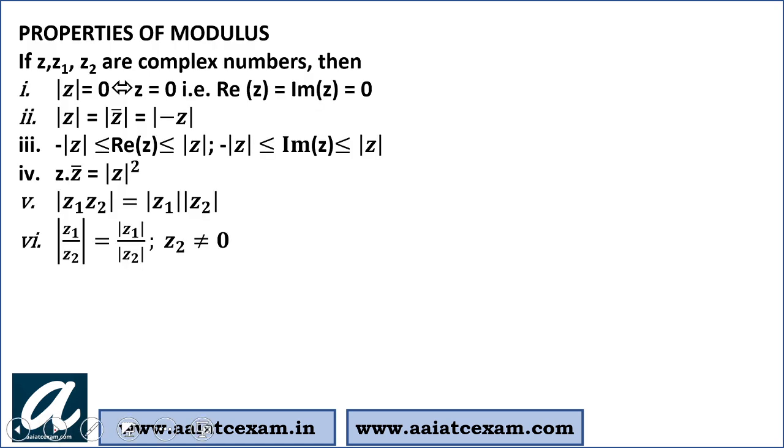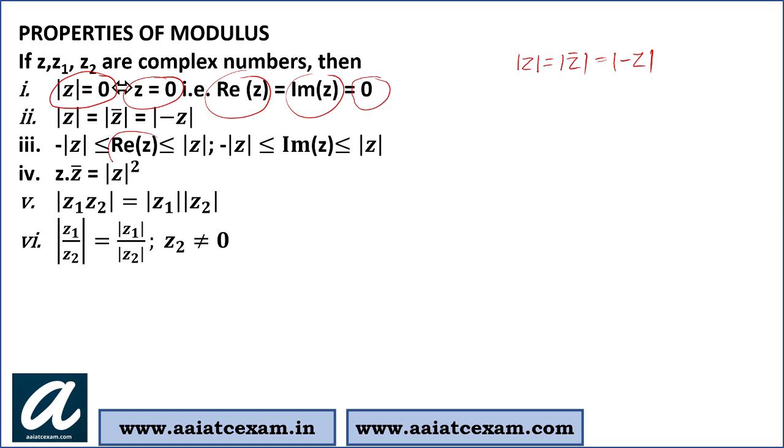Now, students, let us talk about the properties of the modulus. Consider, students, there are 3 complex numbers, z, z1 and z2. If modulus of any number is 0, this is possible if and only if that number is 0. That is, if its real as well as imaginary part is equal to 0, only then modulus of a complex number is 0. Very important property, that is modulus of z is always equal to modulus of its complex conjugate, and this is always equal to modulus of negative of that number. Modulus of a number, modulus of a negative of that number, and modulus of its conjugate, all are equal.